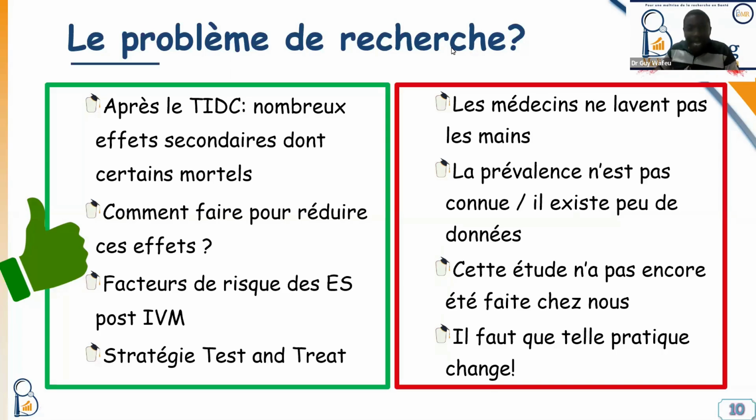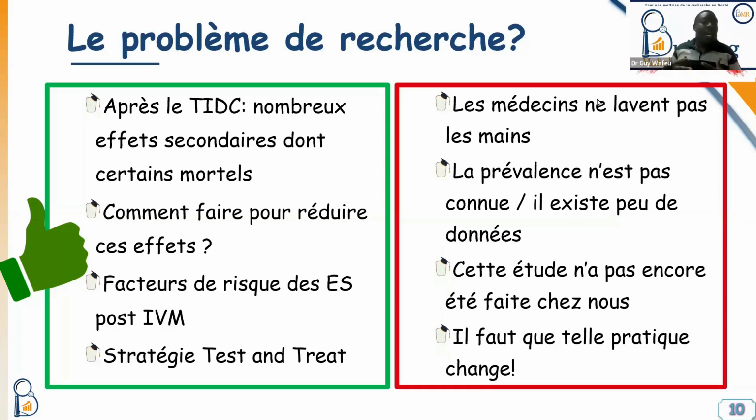And that is why those at the public health level were wondering, okay, how can we proceed to reduce those adverse events in the population? Knowing that if we know how to reduce the adverse events, surely people will be more willing to take the drug, and we will have more possibilities to reduce the impact or the burden of onchocerciasis in the community. So that is a real problem that you can be in front of at a public health level.